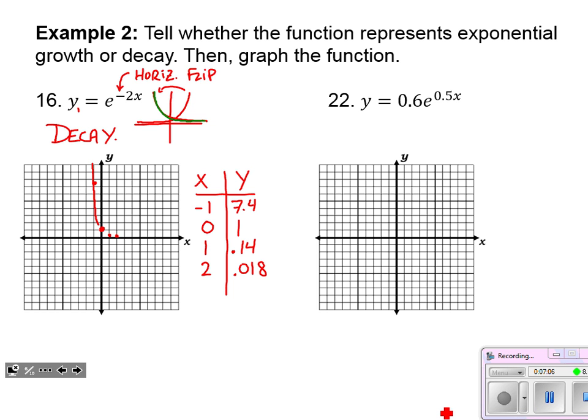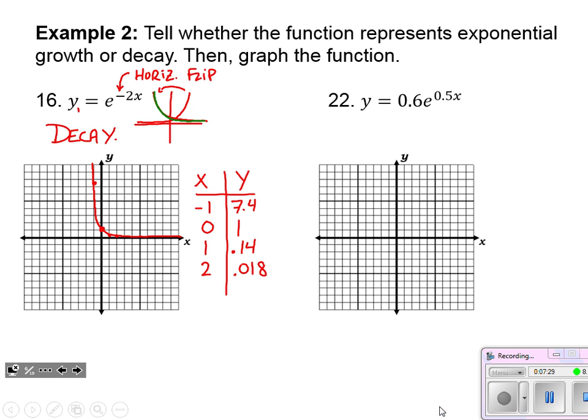So we notice that it's still a type of exponential function. So it's still going to have that horizontal asymptote. And in this case, they haven't shifted it up or down. So it will still be on the x-axis, or the line y equals 0. And our graph shows that. And we could confirm by looking at the graph as well, but definitely showing exponential decay.